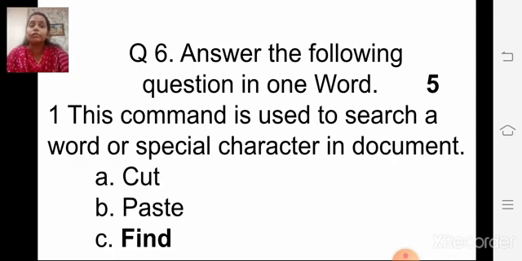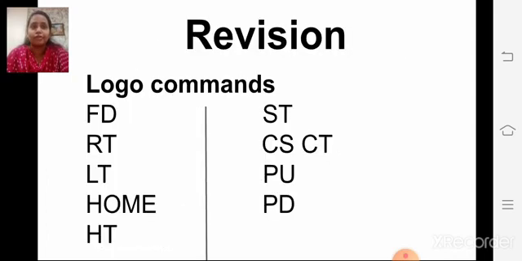Now we will do our revision. Children, see. First, lesson number 6, using primitives. In this lesson, we have learned different logo commands. Do you remember these commands? FD.